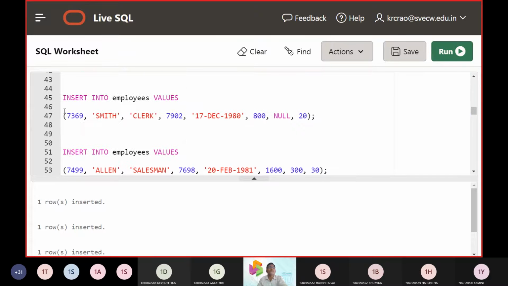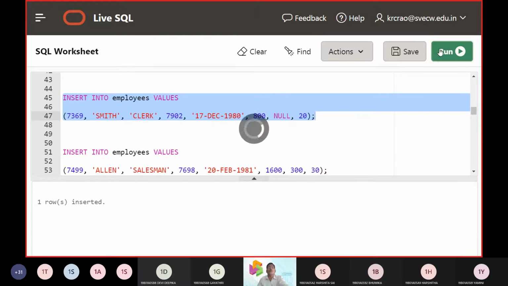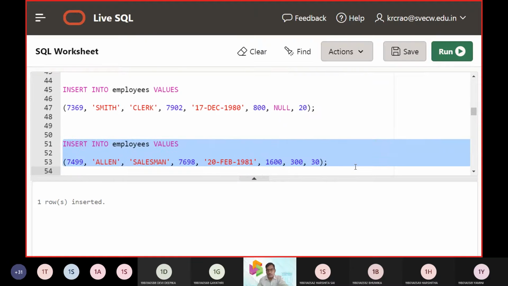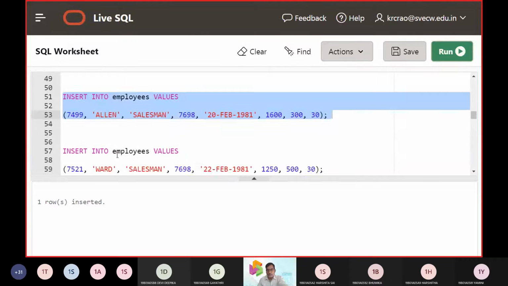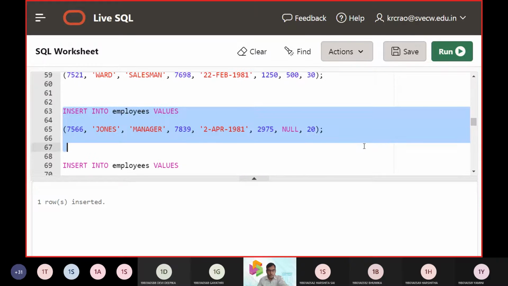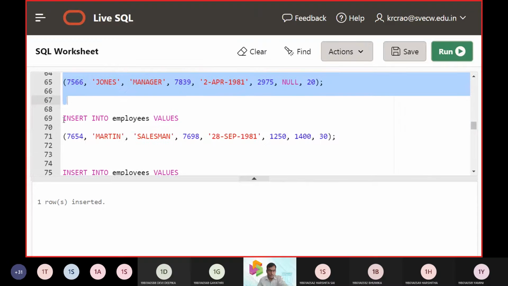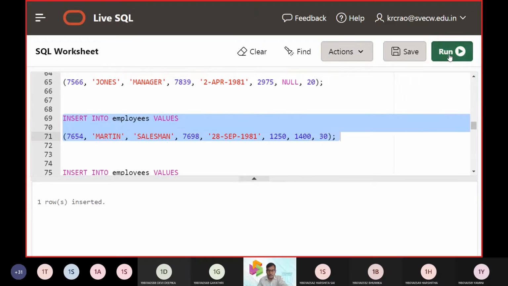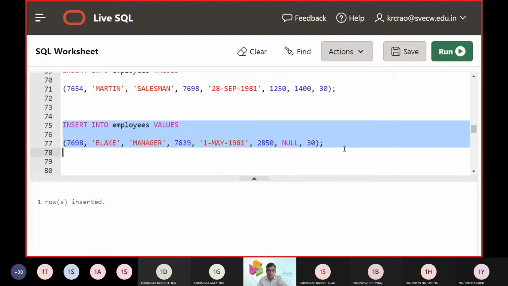Then to insert the employee records one by one. As it is a complex table and it needs more visibility to understand the table, I am taking the privilege to do it one by one, so that any minimal error will not come. So it is a set of 13 records, so it doesn't take much time.